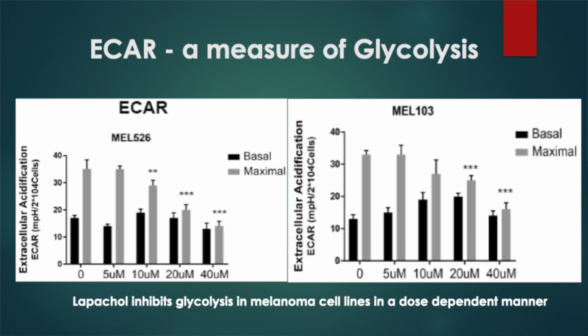So this is the flow chart, and here you can see the different levels. Once you inject oligomycin, the basal oxygen level goes down, and then once you give FCCP, the maximal respiration or maximum oxygen consumption takes place, and once you give rotenone or antimycin, again you have a decrease in the oxygen consumption. So this is how the oxygen consumption rate is measured in a Seahorse instrument.